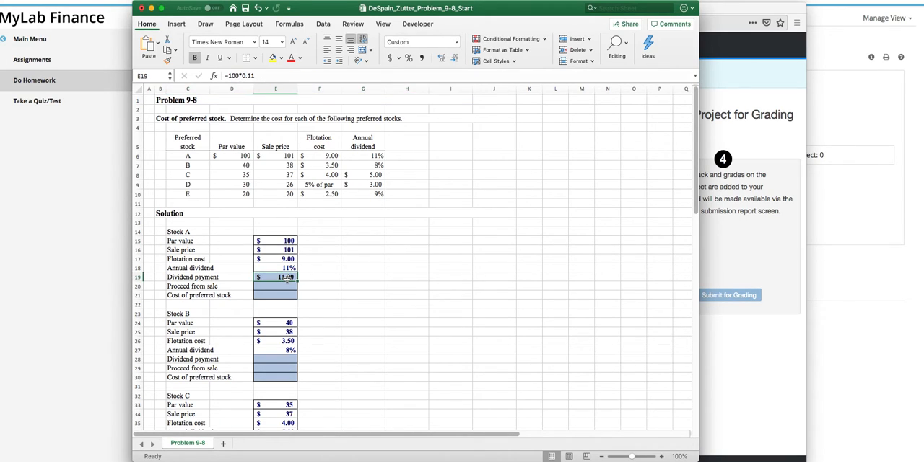So again, if we just work through with cell references, I mean, equals the par value times the annual dividend rate, and the proceeds from the sale, I'll say equals 101, and subtract the flotation costs, and then the cost of the preferred, I'm going to say equals the dividend payment divided by